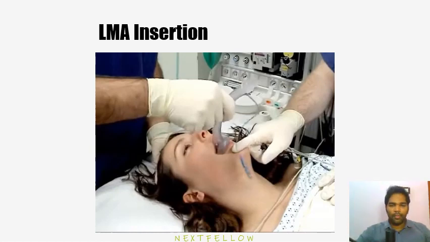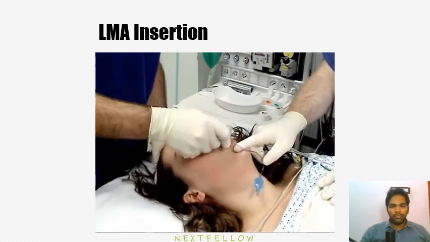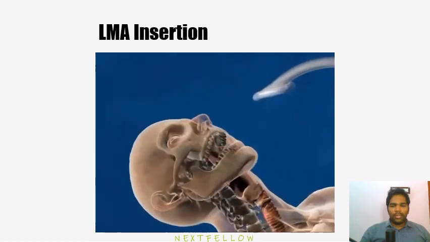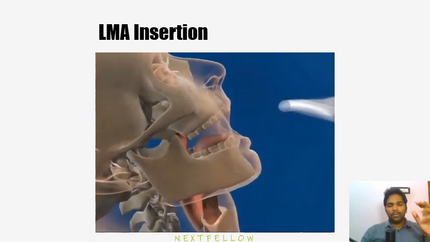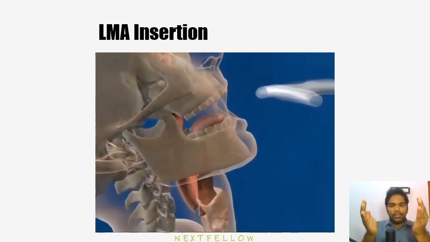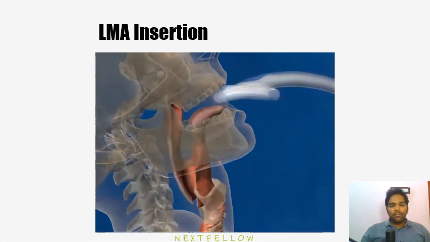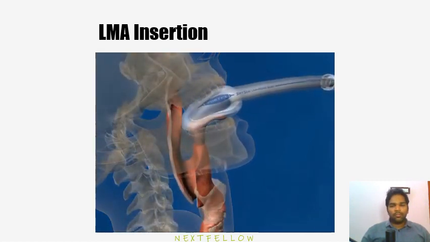Insert the mask into the oropharynx with a slight twisting motion to negotiate the tongue and tonsils. Once the tip of the LMA with the partially inflated cuff is positioned behind the incisor teeth, so that it surrounds the larynx, insert the tube at an angle towards the inflated ear. A slight lateral rotation of the tube between 30 and 45 degrees allows the mask to slide over the